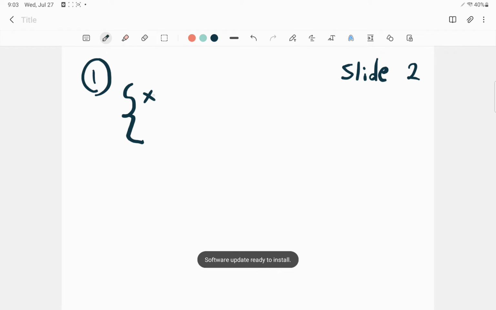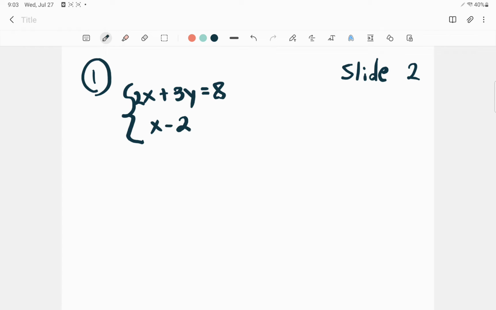Okay? Whenever you're doing a system of equations, you have to find an answer for y and an answer for x. That's how it's always going to work. You're always going to need to find one of the answers for both of them. So if you look at this problem,